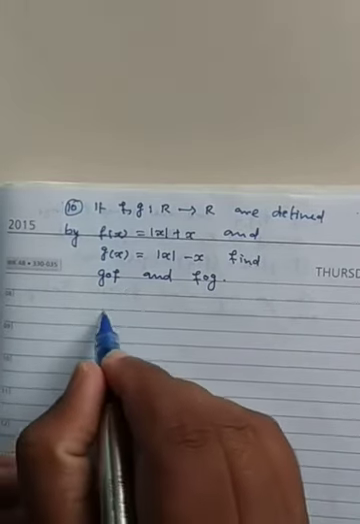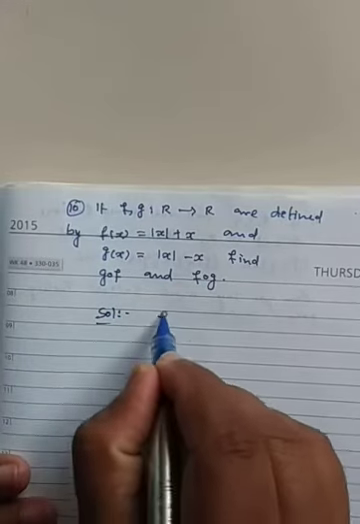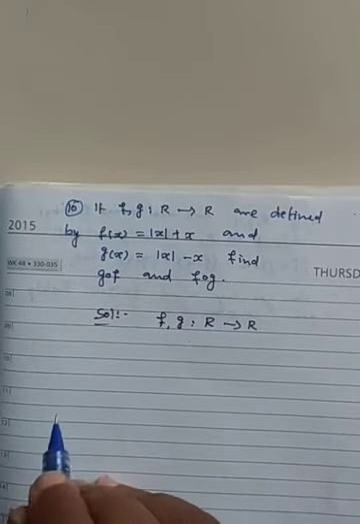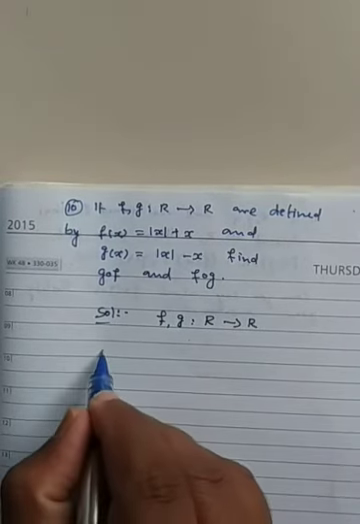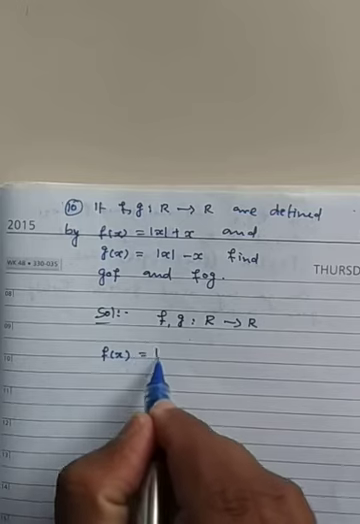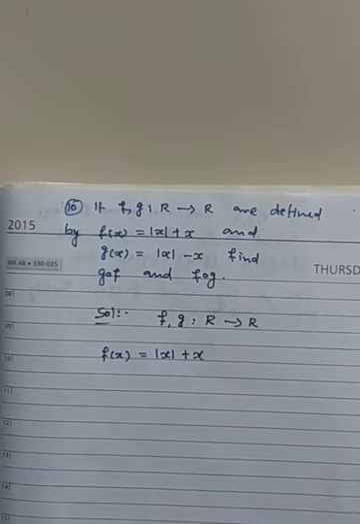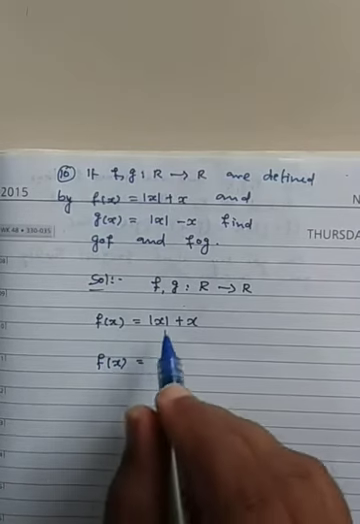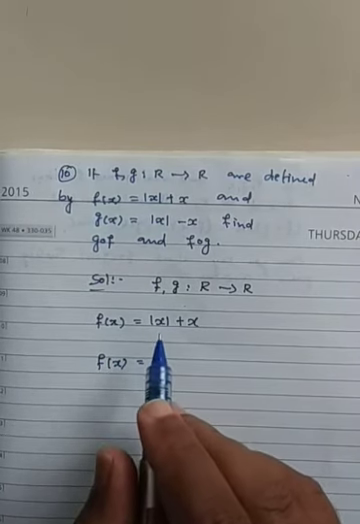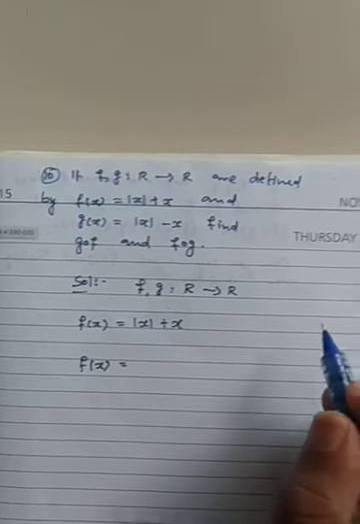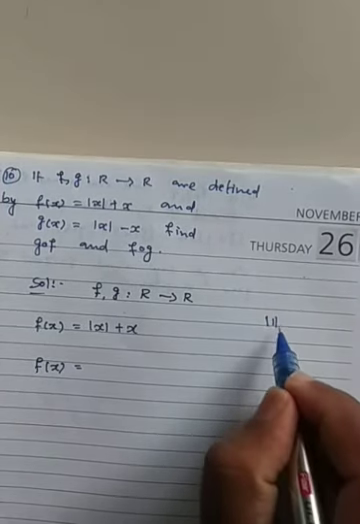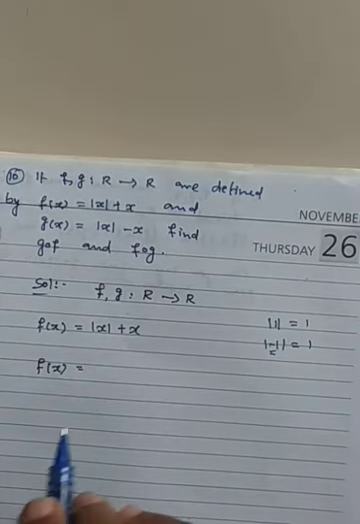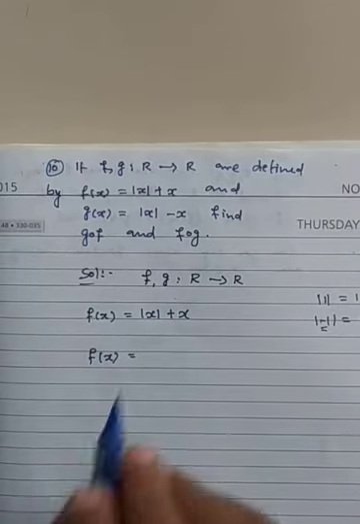So how you have to write the solution now: both f and g are mappings from the real domain to the codomain of real numbers. That's the thing. Next one is f of x, which is mod x plus x. See, we will split f of x. Mod is used only for positive numbers, right? For example, mod 1 answer is 1 only. If minus 1, the answer is 1 only. The negative also you need to remove. That is the thing we have to write here.